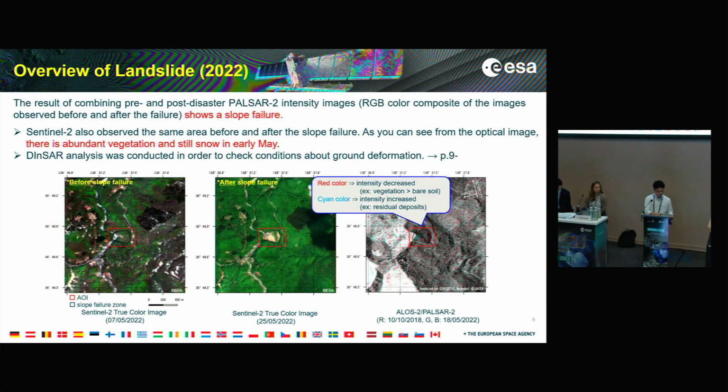Okay, so then we attempt to extract the disaster area by RGB color composite map taken by ALOS-2 emergency observation and previously observed image. The right image indicates ALOS-2 PALSAR-2 RGB color composite, and red color indicates decreasing intensity, for example, changes from vegetation to bare soil. And cyan color indicates increased intensity,